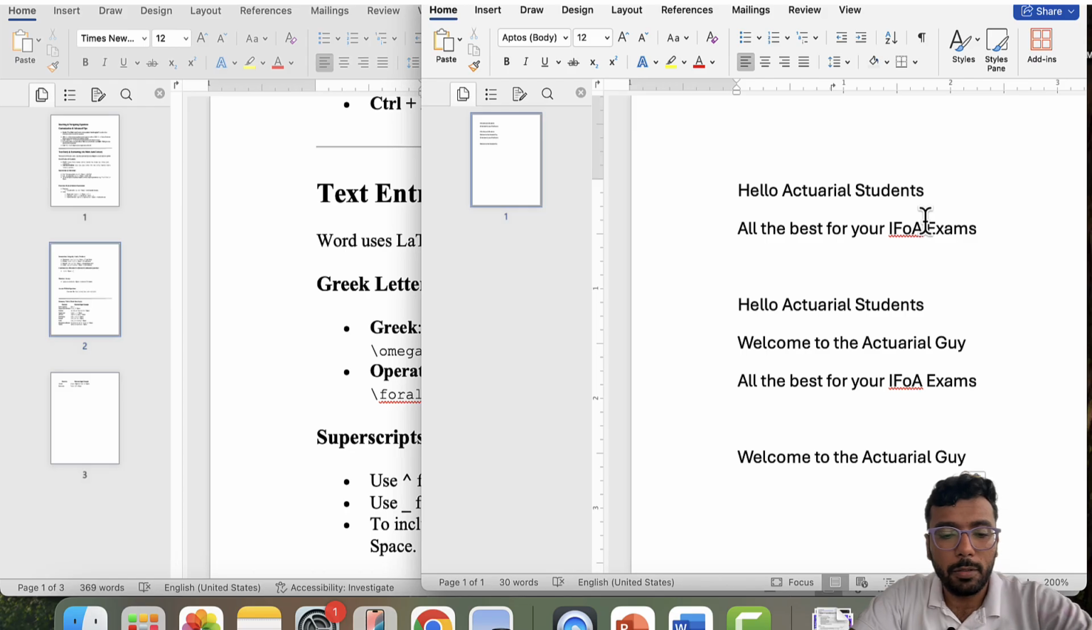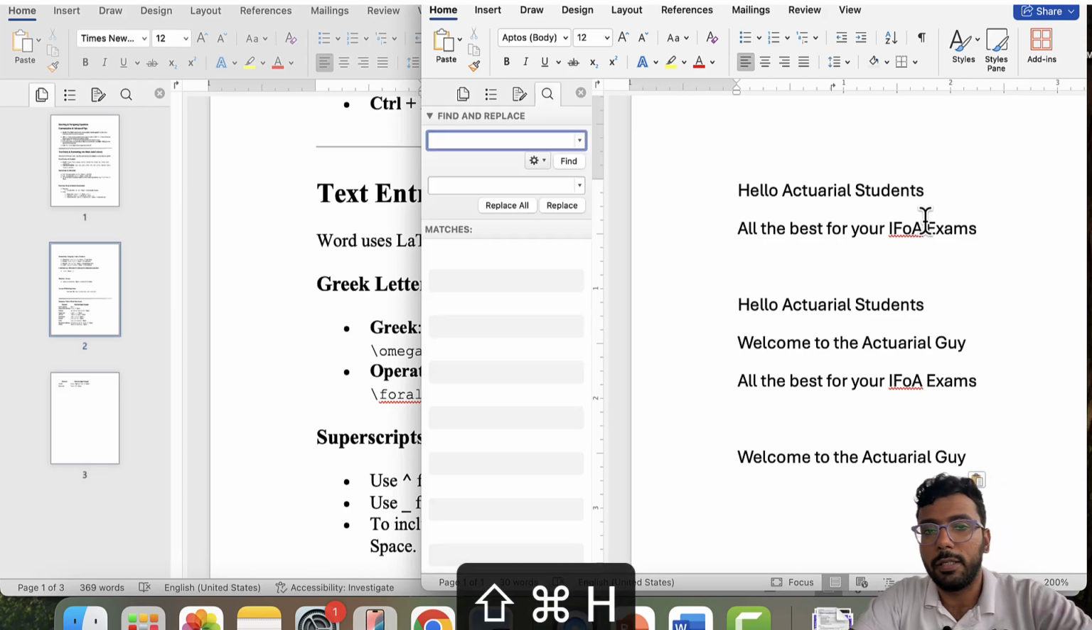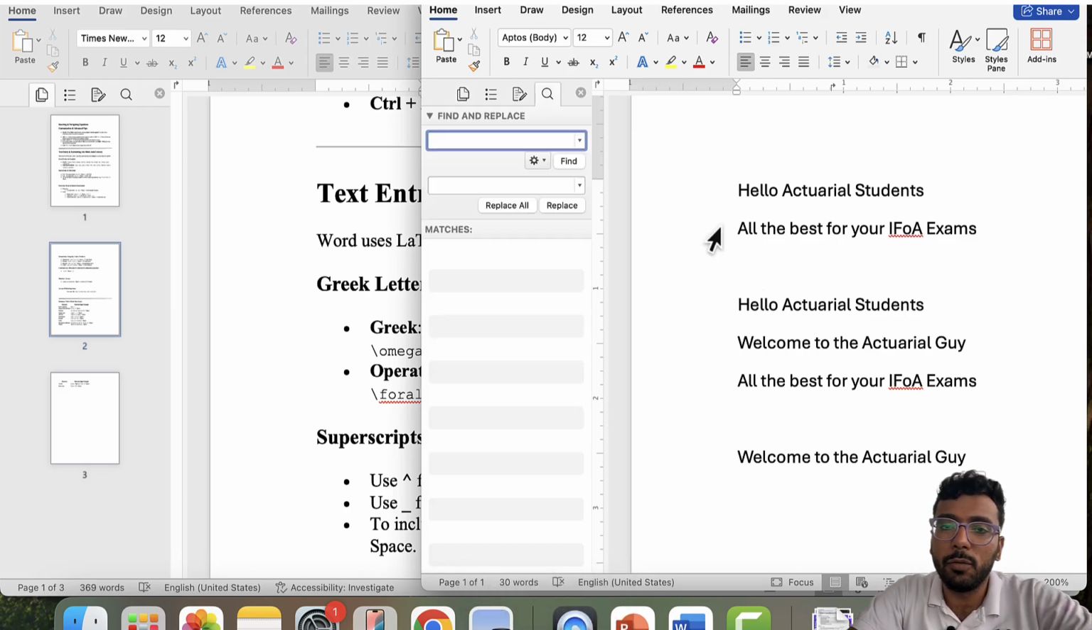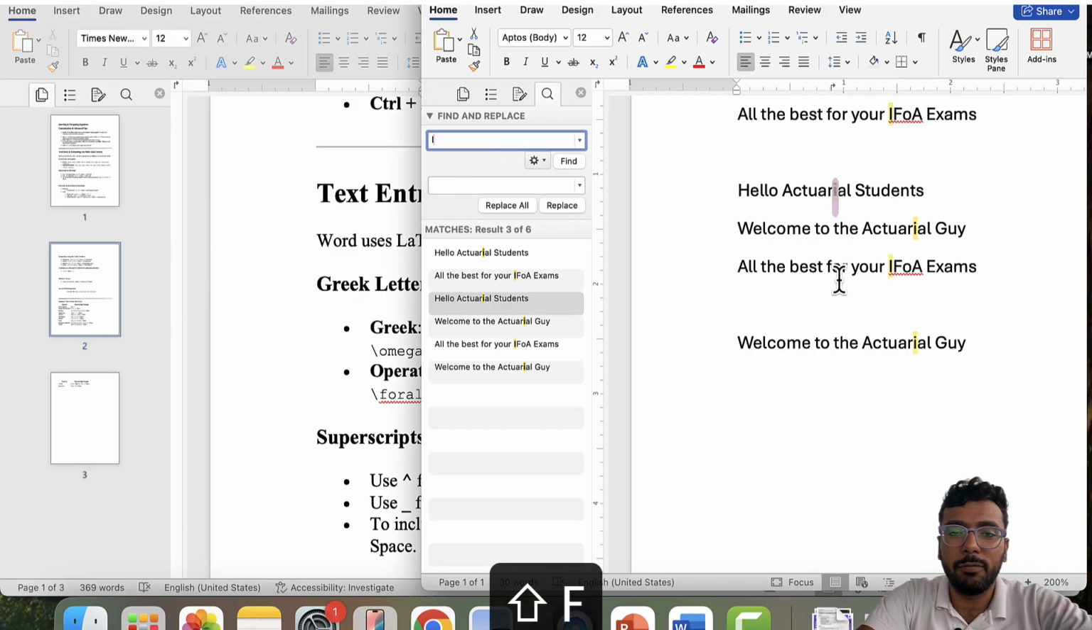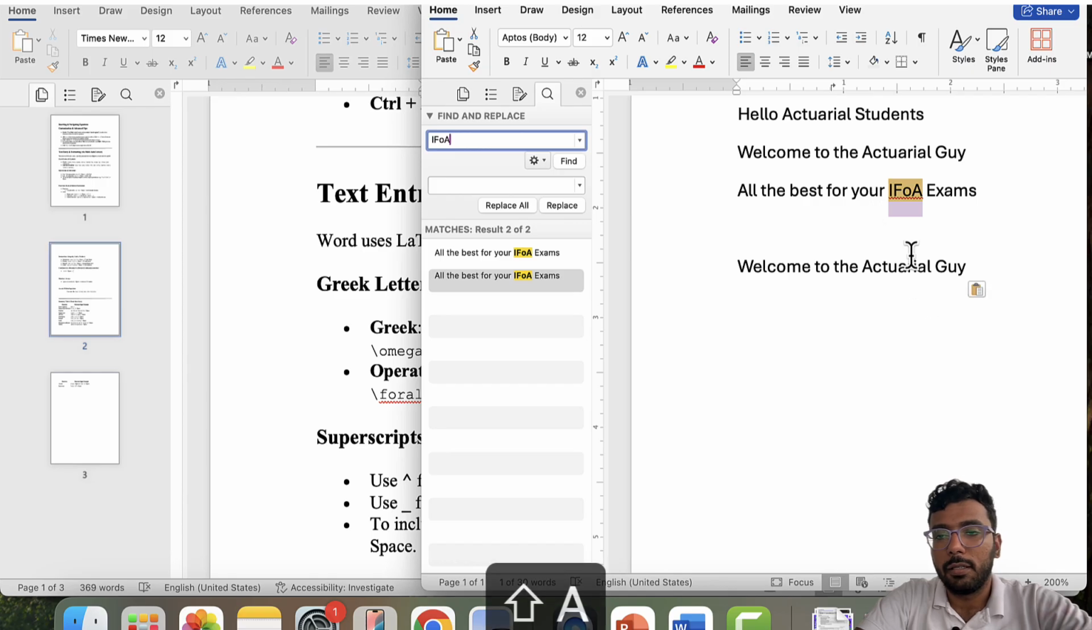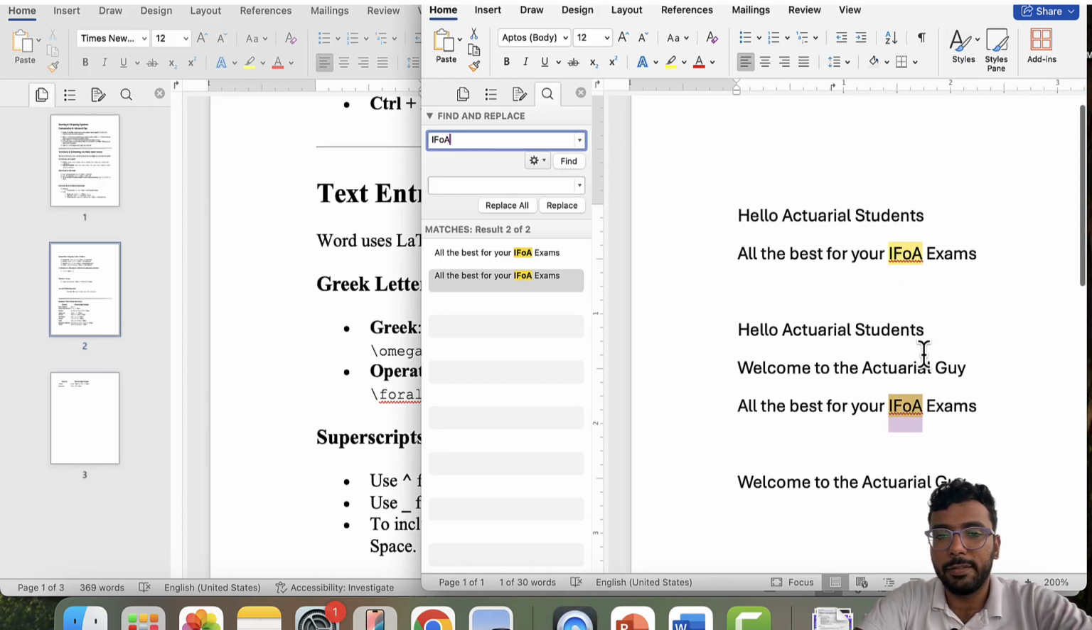Okay, how do you do a control H? Yeah, you do a control H, you will get this menu, which is the find and replace menu. Now let's say here what I want to do is I want to replace IFoA with II. Okay, I want to find this word IFoA. Once I put it in the find menu, it's coming here twice, and now I want to replace it with